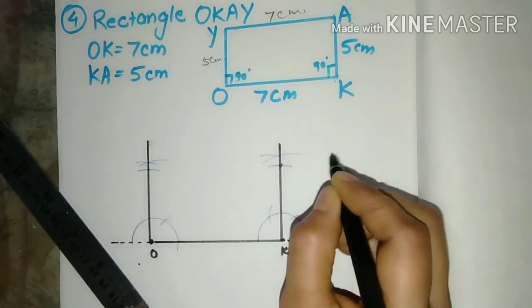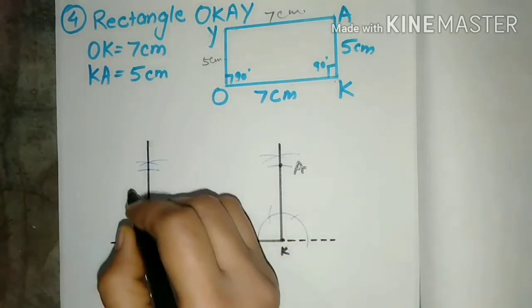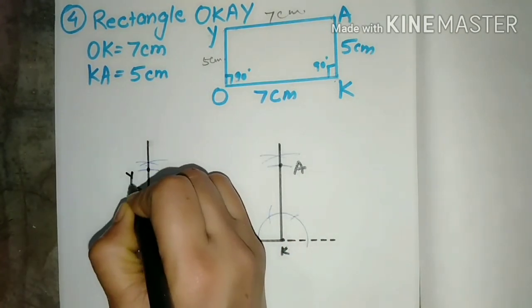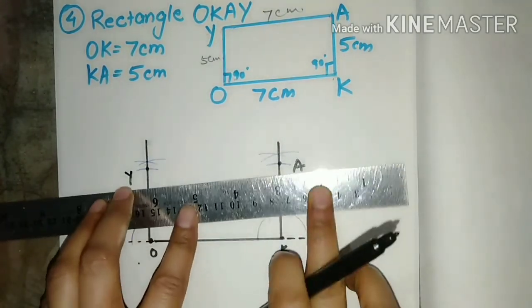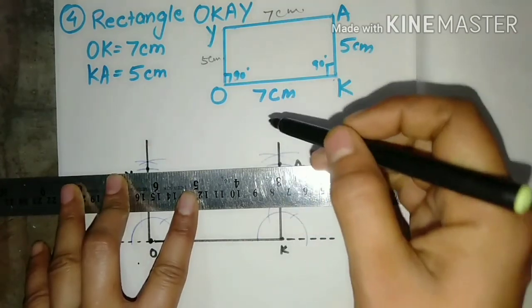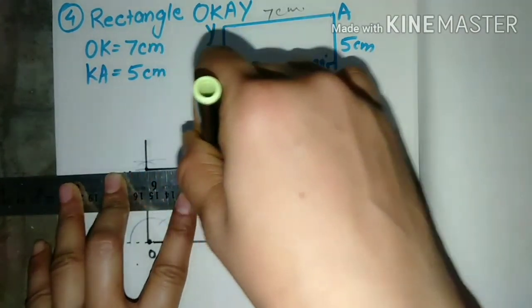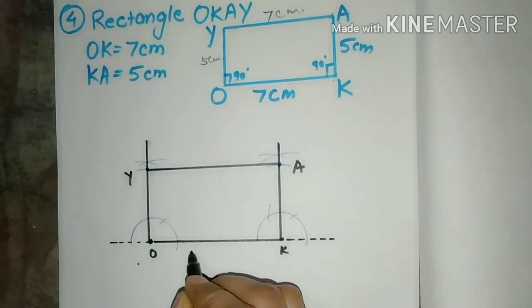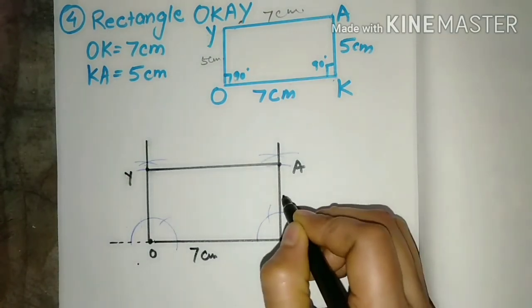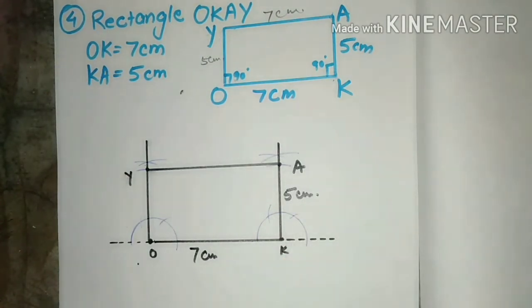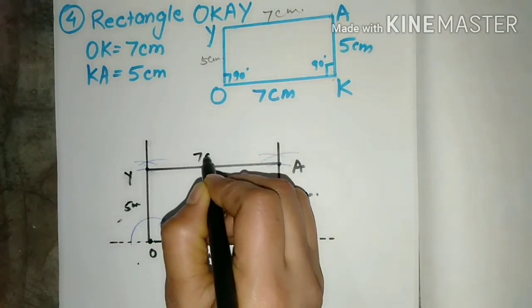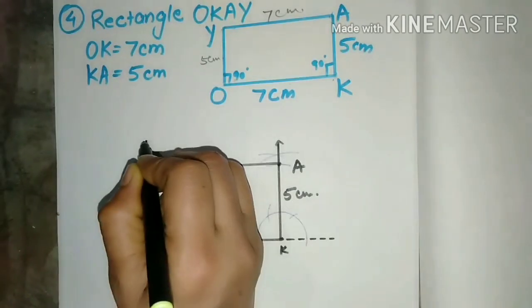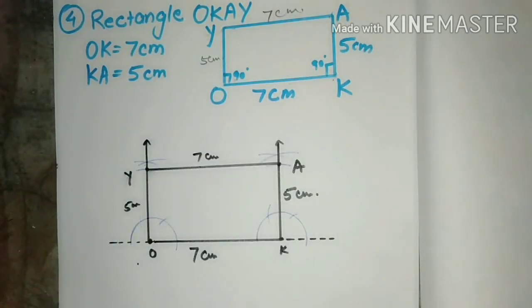This point is point A and this point is point Y. Now it may lie above or below this cross. Join it. Join AY. This is 7 centimeter and this is 5 centimeter. This one is also 5 centimeter and this is 7 centimeter. Now this is the rectangle OKAY. Here is yours